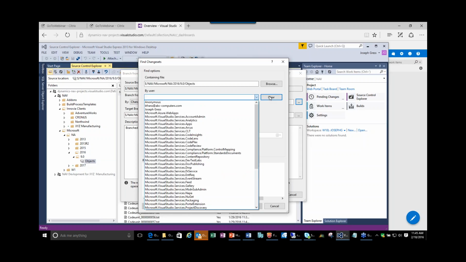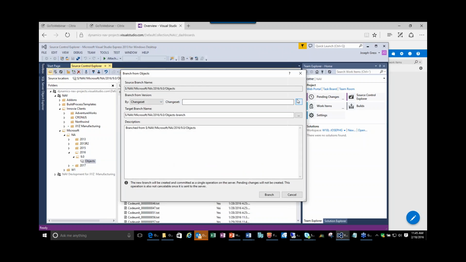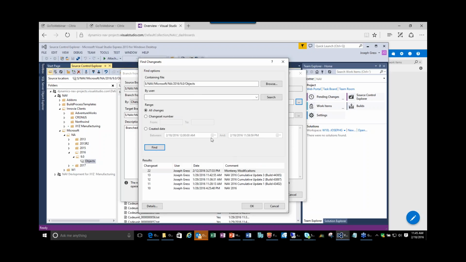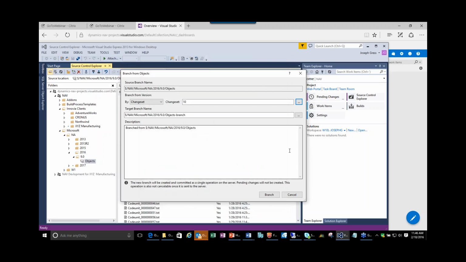If I drill into the find change sets, I can see the different versions, and I want the base version, so that's change set 10. So I say OK,